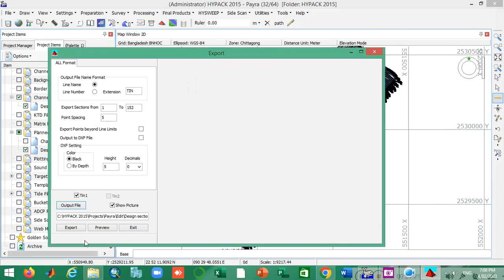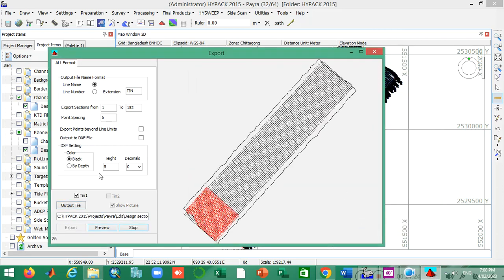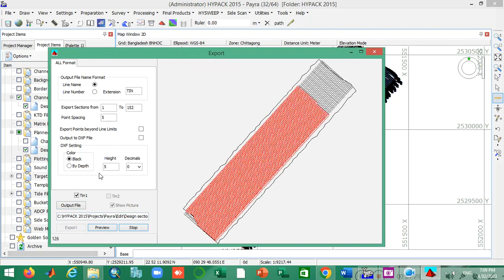Save, and then if I click export, then it will automatically export the data sets from my tin model actually. Okay, look at that. This is the data which generated on the cross section files. Okay, now I close it,